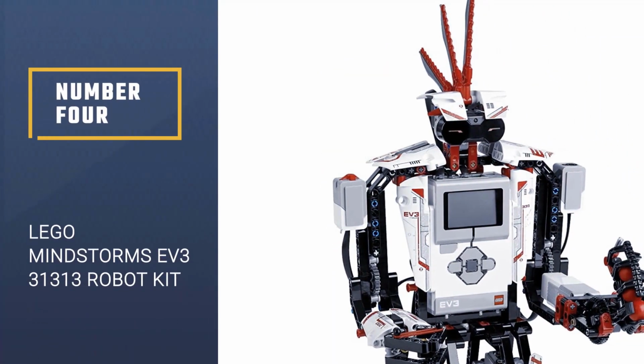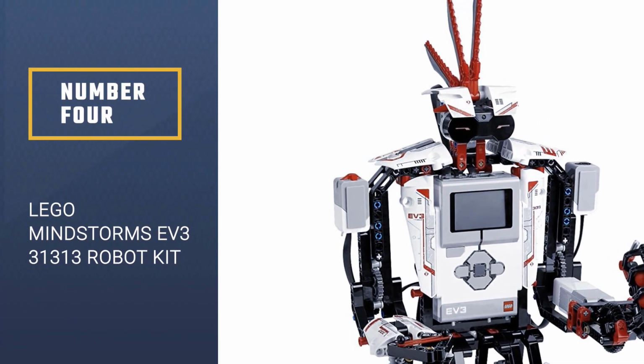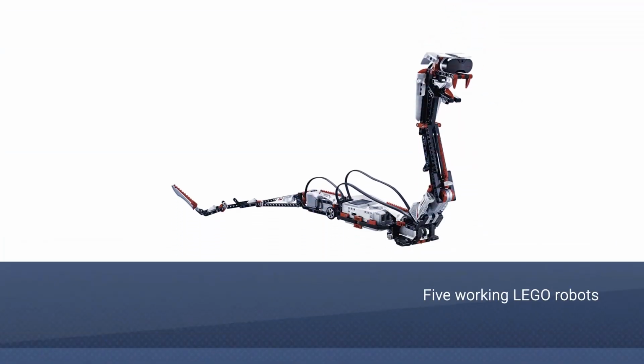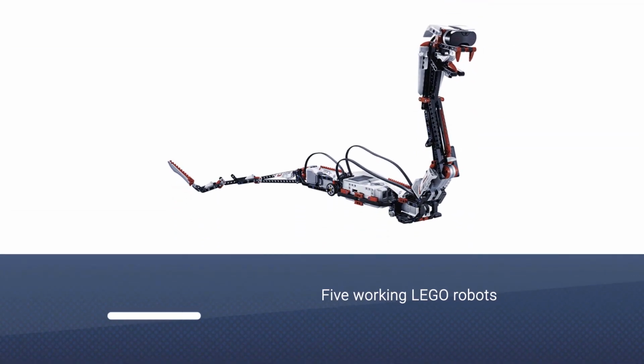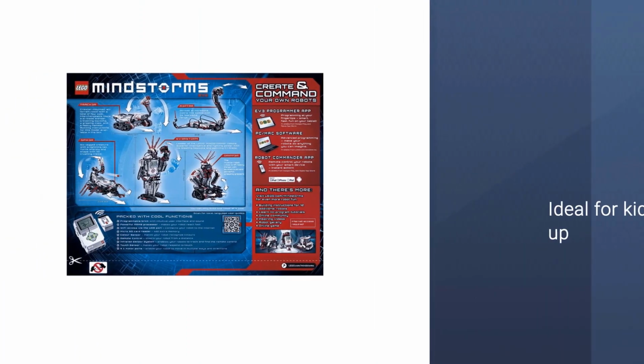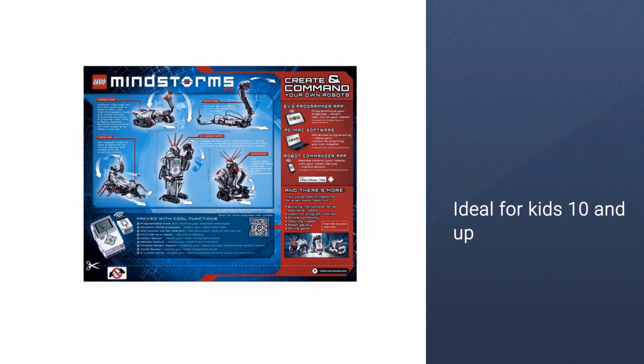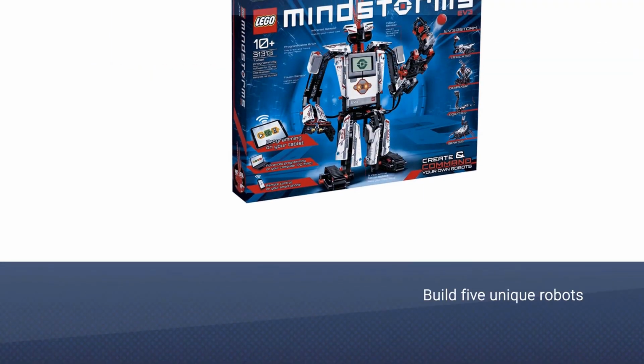Number 4. LEGO MINDSTORMS EV3 31313 Robot Kit. The LEGO MINDSTORMS EV3 Robot Kit includes all the motors, sensors and software needed for teenagers to build and program 5 working LEGO robots. The LEGO MINDSTORMS EV3, ideal for kids 10 and up, is certainly more expensive than many